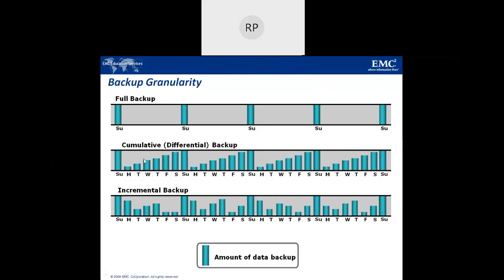Second one is called cumulative or differential backup. In cumulative or differential backup, we are going to take a backup of only the previous day. You have the backup of Sunday. On Monday, whatever activities you do, only that data's backup you are going to take. On Tuesday, you are going to add the Tuesday data. On Wednesday, Wednesday's data. On Thursday, Thursday's data. On Friday, Friday's. On Saturday, Saturday's. On Sunday again, it will be full. This is how the cumulative or differential backup is going to work.